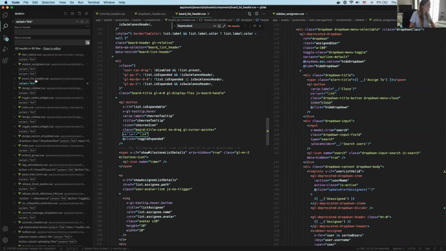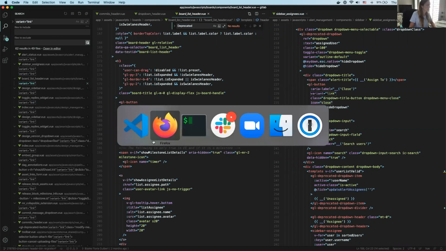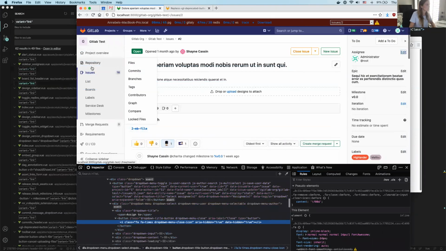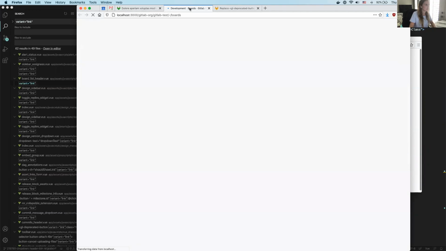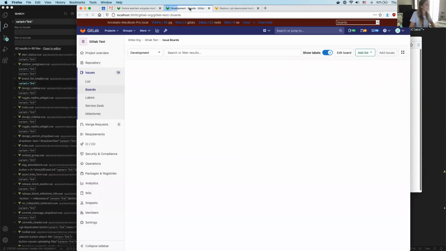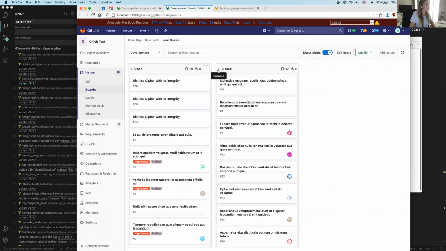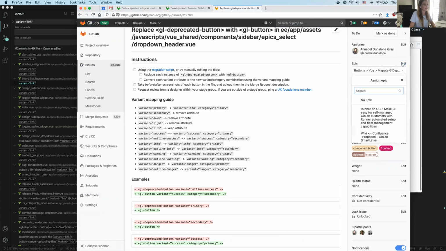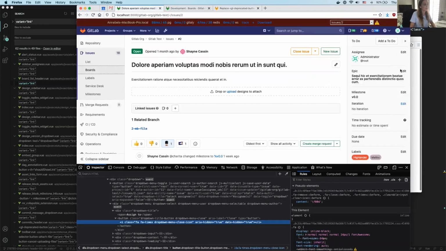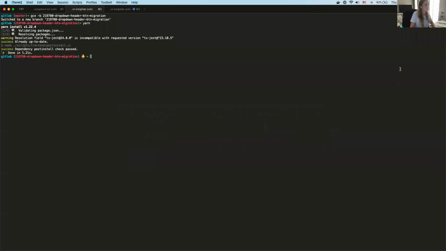Okay, we're also fixing this in board list header. Let's see if those are blue as well. They are. So maybe they're supposed to be blue. I don't know. I mean, this is blue as well. So I'm gonna just say that maybe it's supposed to be like this. I don't know, but I'm going to